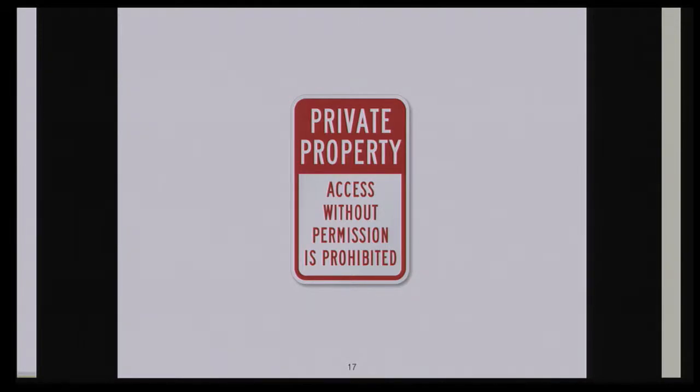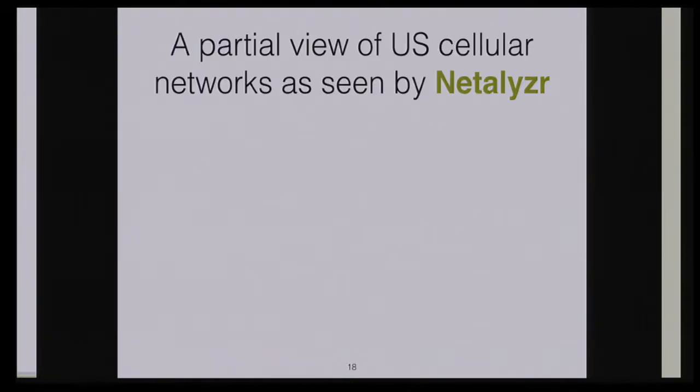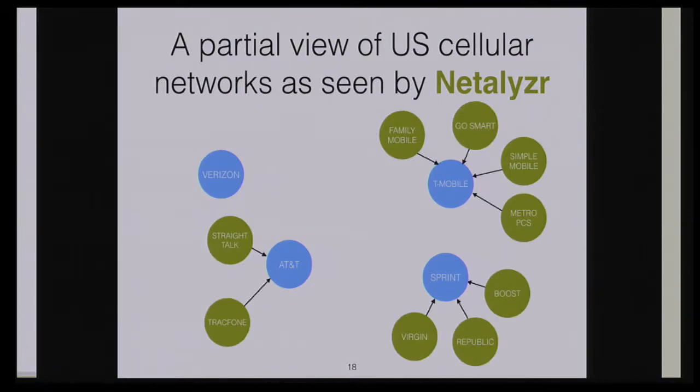But unfortunately for us, all these business relationships are not publicly available. And what we will show you in the next slides is based on observations that we have seen with Netalyzr. So this is a partial view of what we see in the US of the mobile ecosystem. And here we can see the 4 main mobile carriers having the spectrum license at a national level. So Verizon, Sprint, AT&T, and T-Mobile. And we can easily identify as well the mobile virtual network operators running on top of them. And this is just a small subset of the ones that we have observed just because of space limitations.